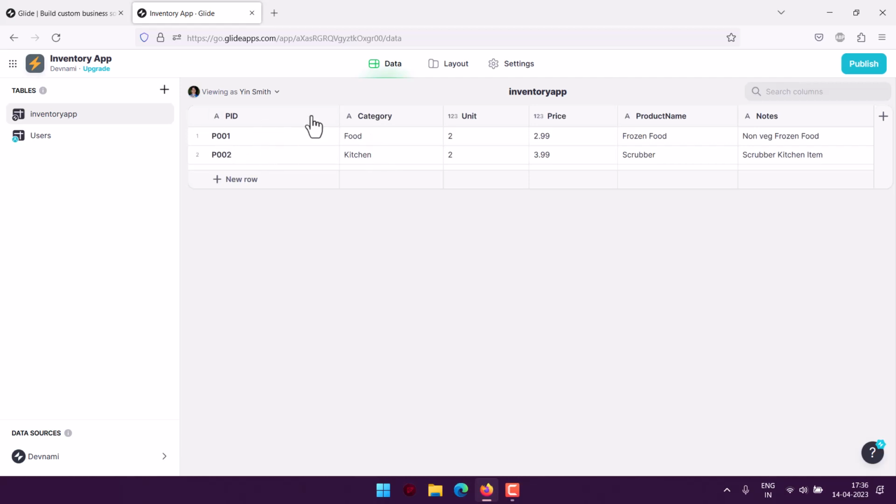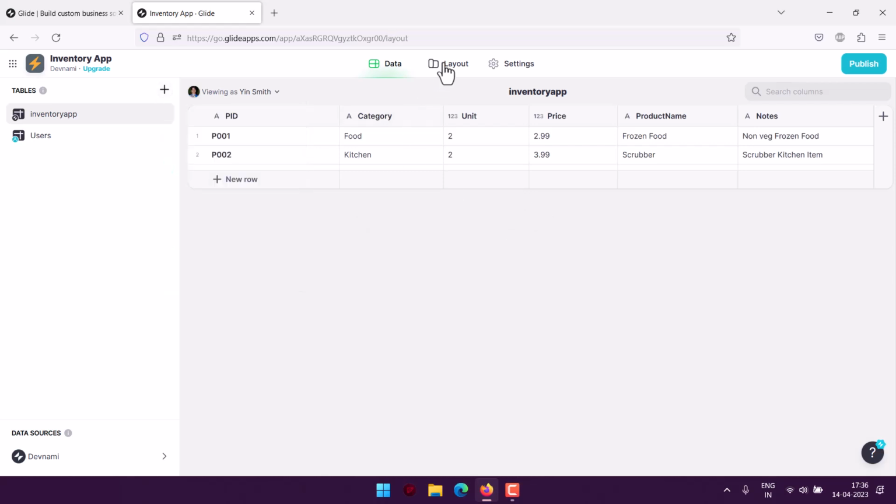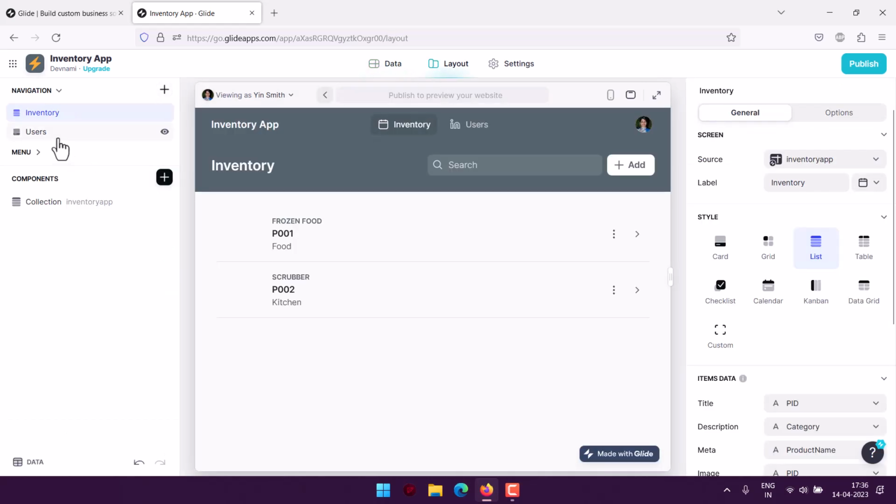Now you can see this being one of the options. You can also add additional tables. You can sync that with this table as well, right? Now if you go to layout, whenever you add a new table and make it part of one of your collections, it will get added on the top of your app. So we have inventory and users, right? So like these two options you would be seeing right now, and as you add more, those tabular structures will be added on the top. So this was just a demo for you to see how